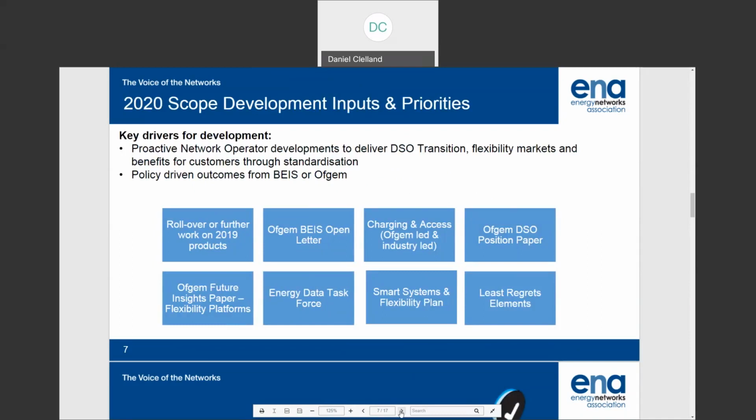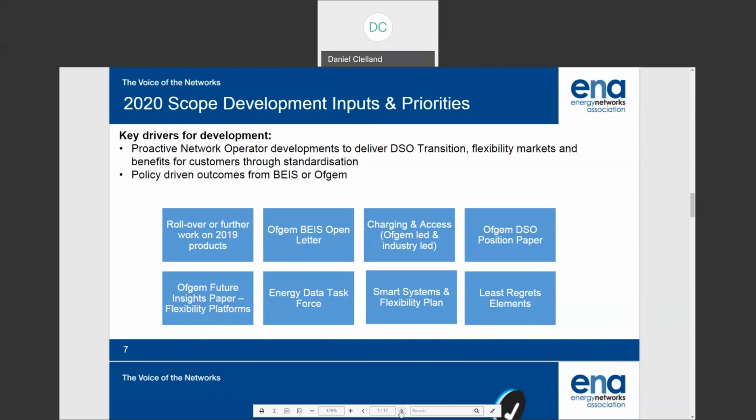They sent us an open letter highlighting the areas they saw as critical for development this year. There have also been various outputs from Ofgem, like their DSO position paper and their future insights paper on flexibility platforms, and clearly we already had the Smart Systems and Flexibility Plan, which all feed in, giving us direction in terms of government and regulatory policy.